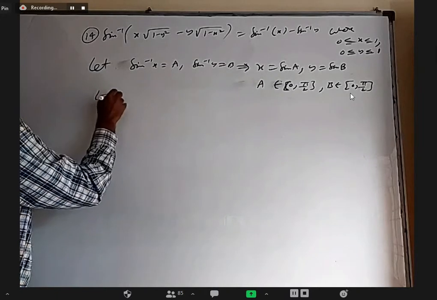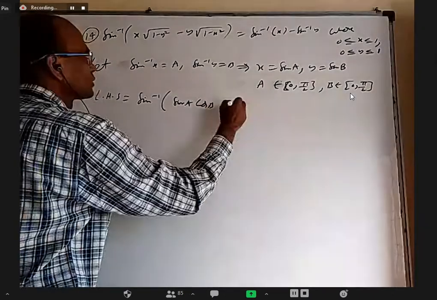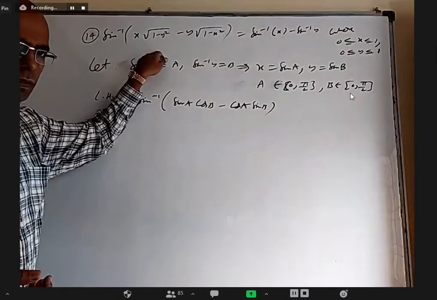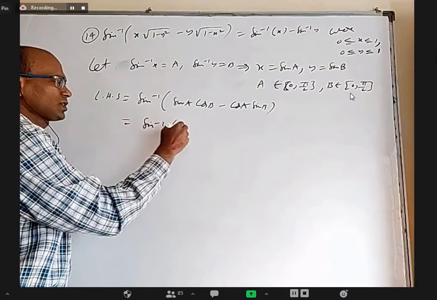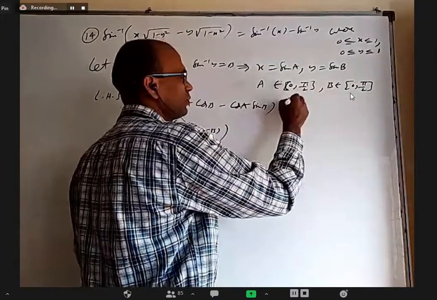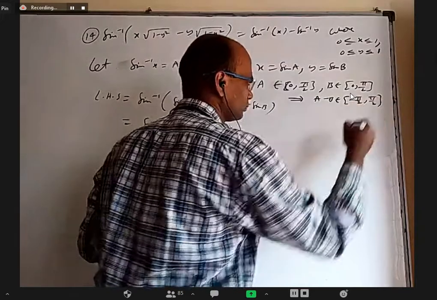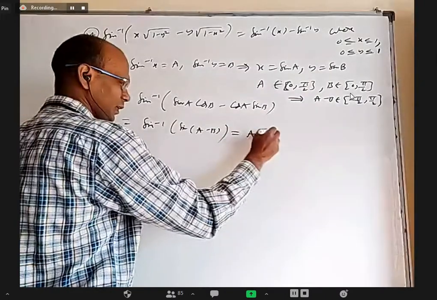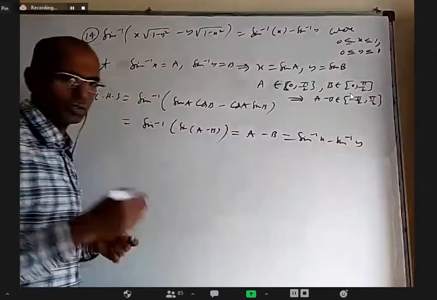Now coming to this LHS, we will get sine inverse of sine A cos B minus cos A sine B. Root of 1 minus sine square B will actually be mod cos B, but our B is an acute angle only, so it is positive. And sine inverse of sine of A minus B. And A and B are both in this range, so you can also tell A minus B belongs to the closed interval minus pi by 2 to pi by 2. That is nicely within the principal values. So we don't have any problem at all. It is directly A minus B, which is sine inverse x minus sine inverse y. So there are no cases here at all.